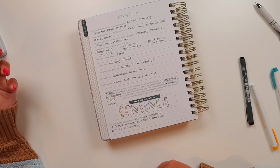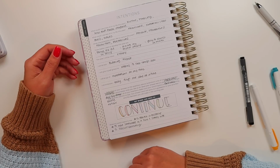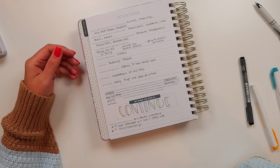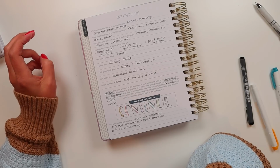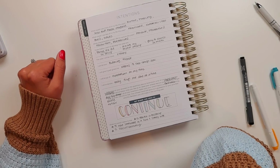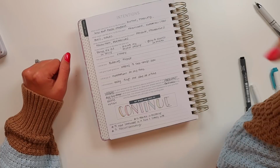The second definition was to move somewhere in a slow and steady way, to continue through. What I'm thinking of is the quests in World of Warcraft, which I know I keep bringing up during Vlogmas, but whatever, it's fun right now, where you have to follow along with like a wagon train. And sometimes it can feel really obnoxious because you have to go so slowly while you're waiting for things to